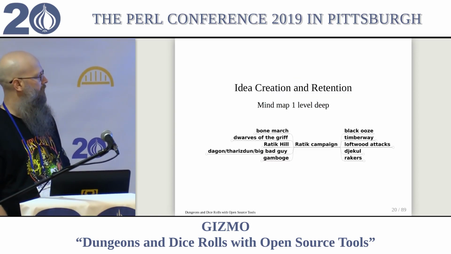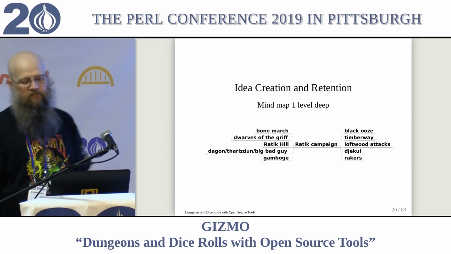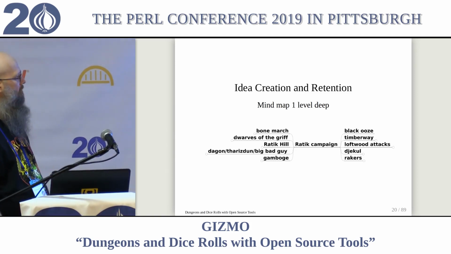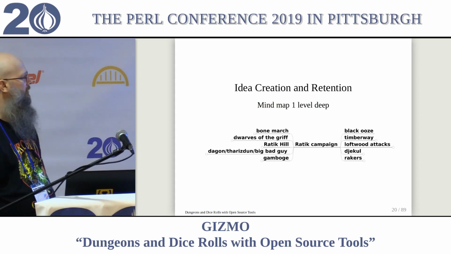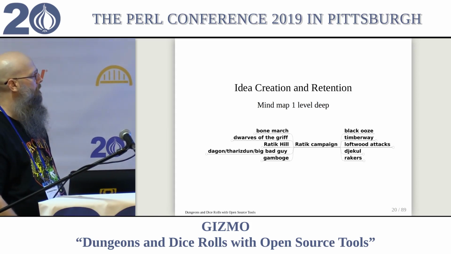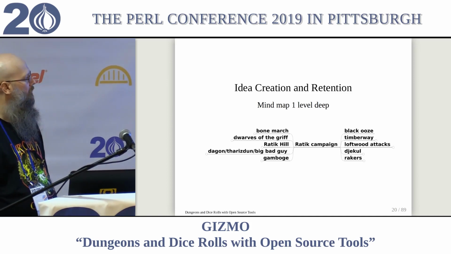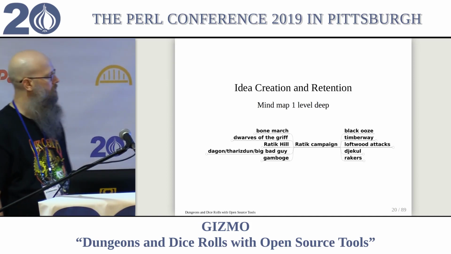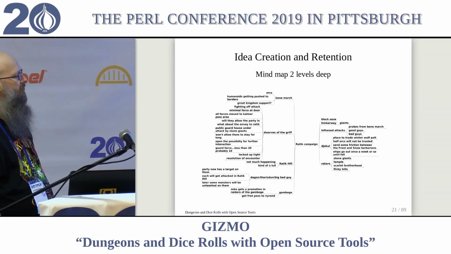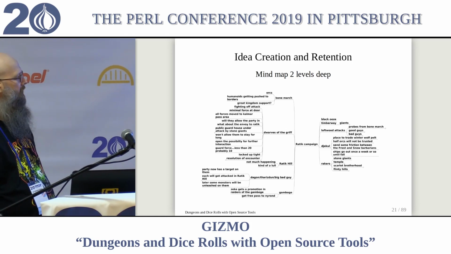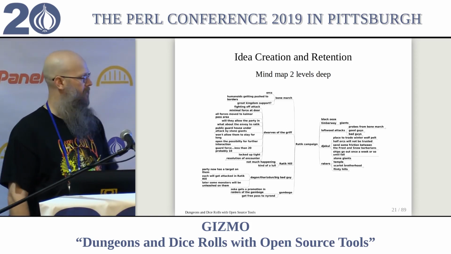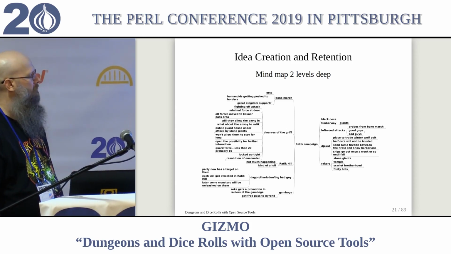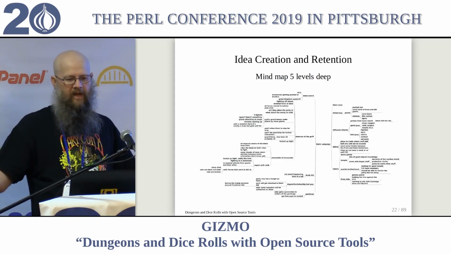And here's an example. This is a top level of a mind map from really early in my campaign. Just a couple ideas: the setting, specifically where they are, who's the big bad currently, some more settings, some crazy thing in the setting, and then quickly you branch off from those ideas. Like these dwarves have all these things going on. You've got these giants in this place. So it quickly becomes complicated. And this is like five levels deep in the mind map in terms of my ideas and what happened.